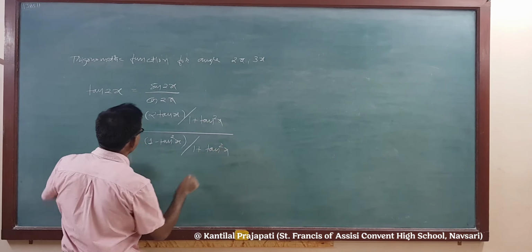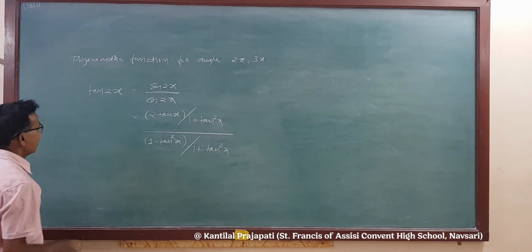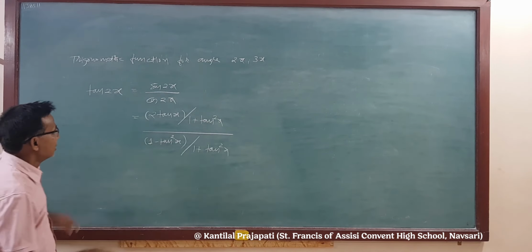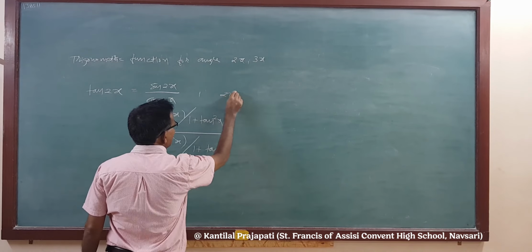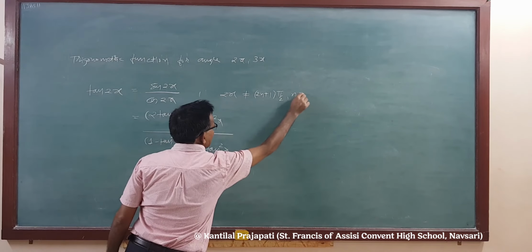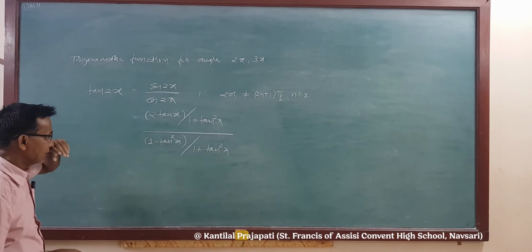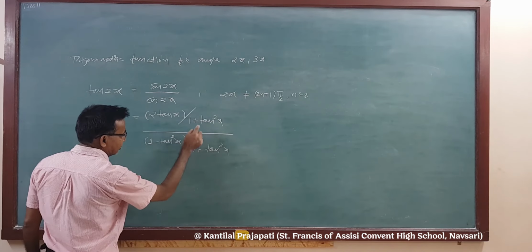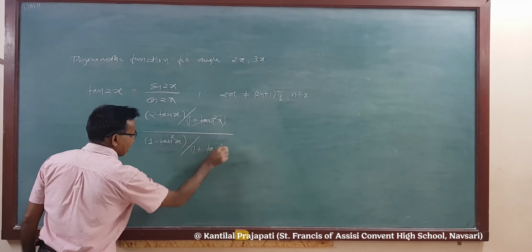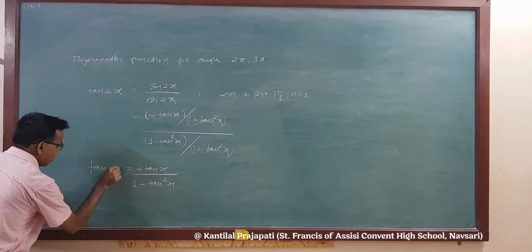Very simple, by adding the formula of sin 2x and cos 2x. Obviously, 2x is not equal to 2n plus 1 pi by 2, and n belongs to Z. Then this function is defined. Now obviously the denominators of both numerator and denominator are the same, so this denominator will be cancelled, right? And therefore you get 2 tan x upon 1 minus tan square x. That is your formula of tan 2x.